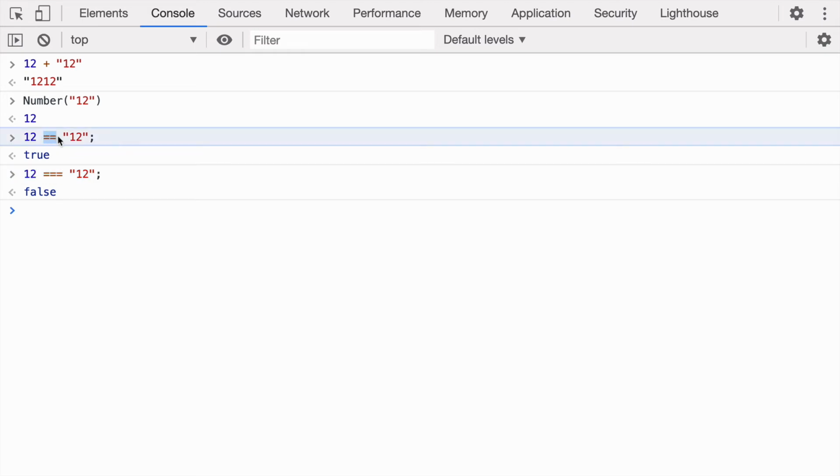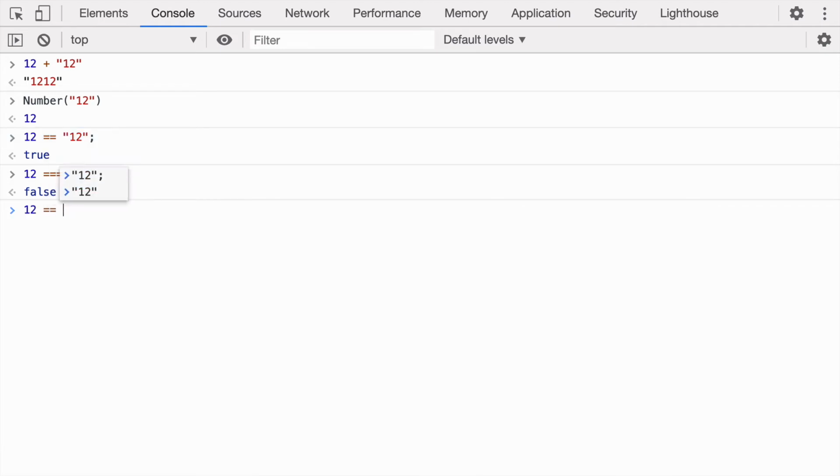When we use double equal to, it allows implicit type conversion to happen. But when does implicit type conversion happen? Whenever there is a difference in types. Here the first value is a number, the second value is a string. Because there is a difference in types, the implicit type conversion done by JavaScript will happen here.